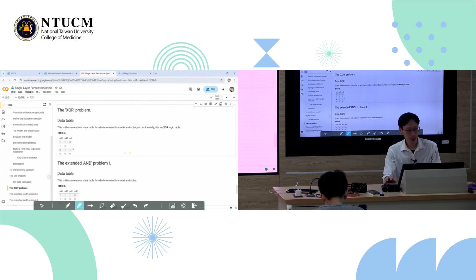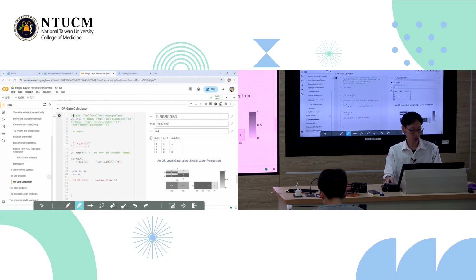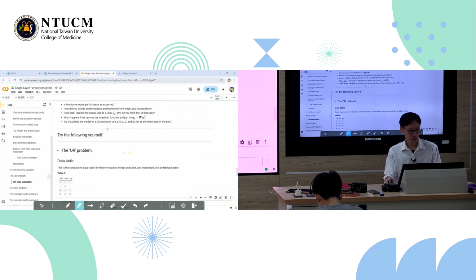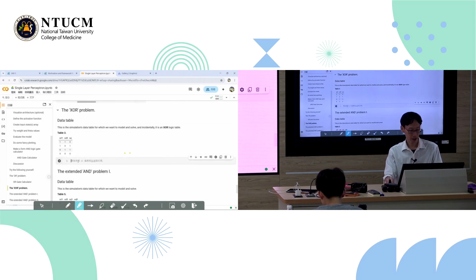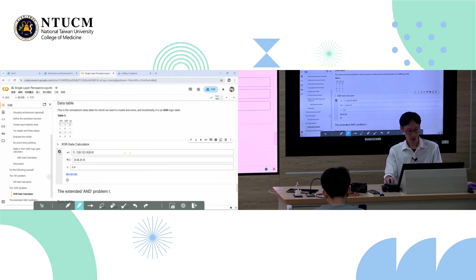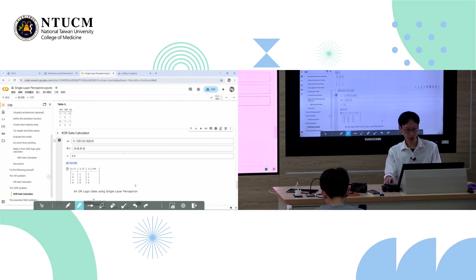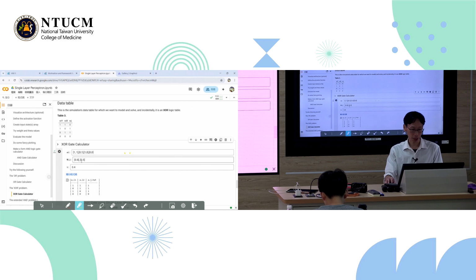All right. Now let's see if our OR gate calculator can perform an XOR problem. At this point it's very simple. I'm just going to copy this whole chunk, and I'm going to paste it there, and call this the XOR gate. Okay. I'm going to play it. All right. This is now just the OR data table, but I want to get it to look like this. How do I do that?